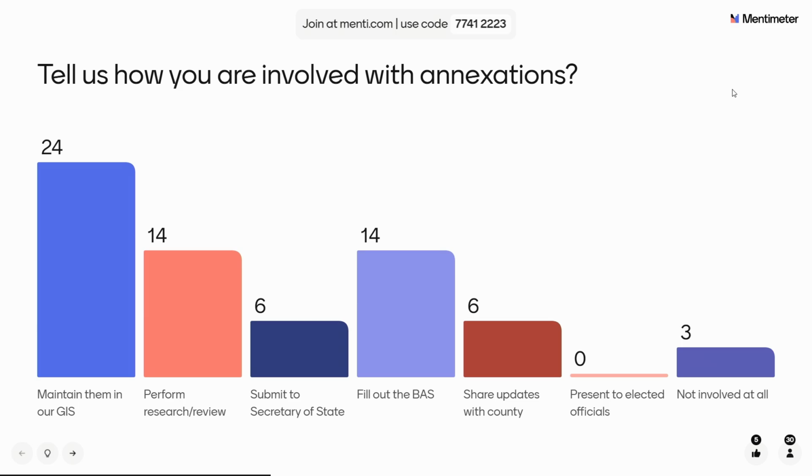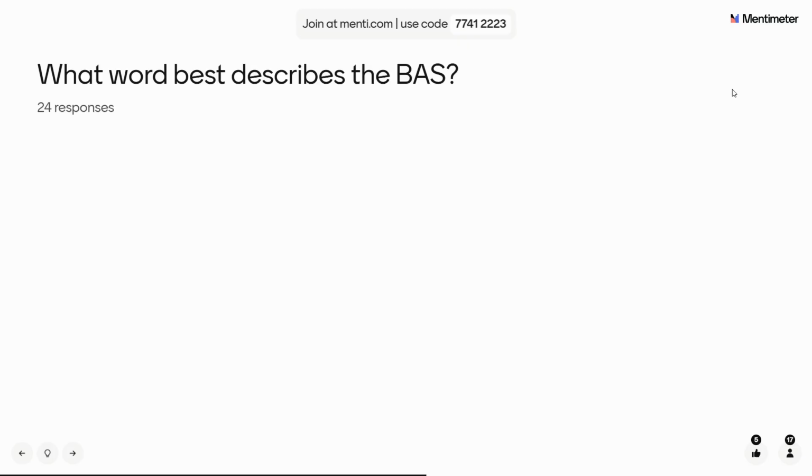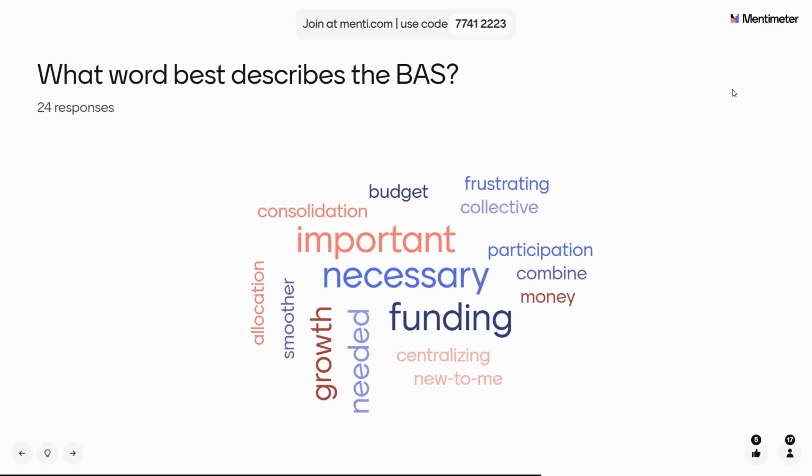I think efficiently thinking about it that way, I agree with Rich. I'm surprised there's not a lot more negative words on doing the BAS. It's not my favorite thing to do. When I thought of the one word, it was no. But it is very time consuming. But again, going back to having one location where you can have good boundaries.